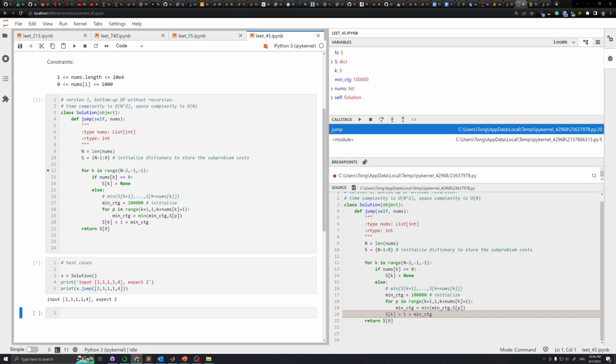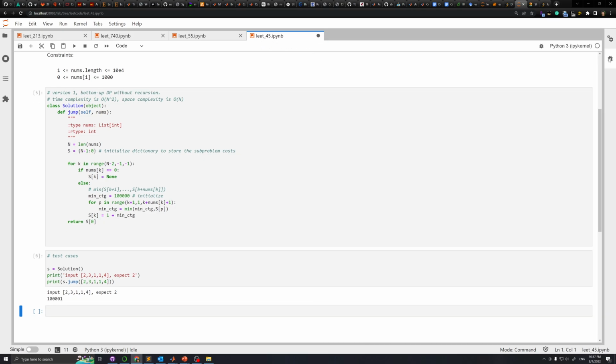Nums 3 is 1, right? So this will be K plus 1 all the way to K plus 1. I would think it would work, but apparently there's some misunderstanding I'm having